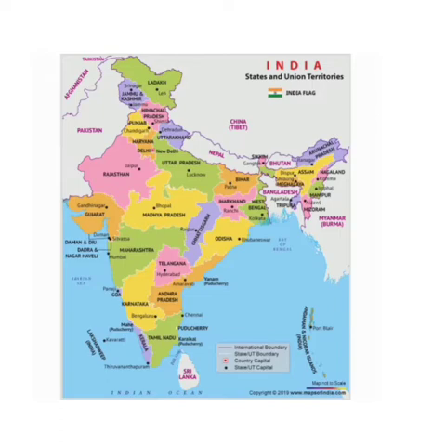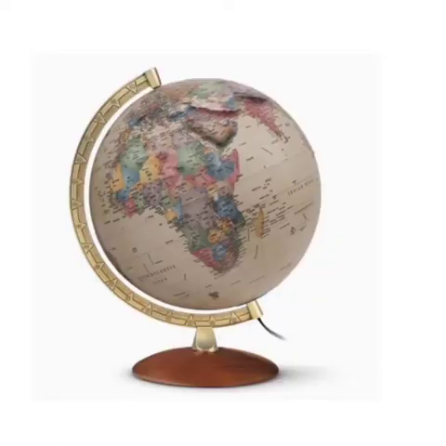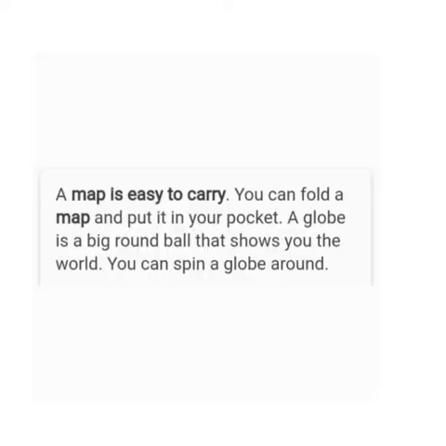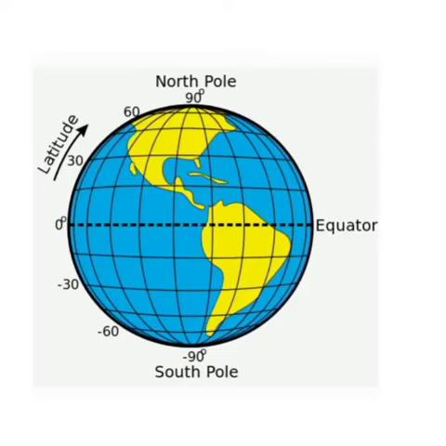Maps cannot be used to study rotation and revolution of the earth. Globes can rotate on the axis and so can be used to study rotation and revolution of the earth. In the coming lessons, we will learn about the rotation and revolution of the earth, which are causes of day and night and the changes in the seasons. A map is easy to carry and a globe is difficult to carry. And next, children, we find so many important lines and points on a globe.